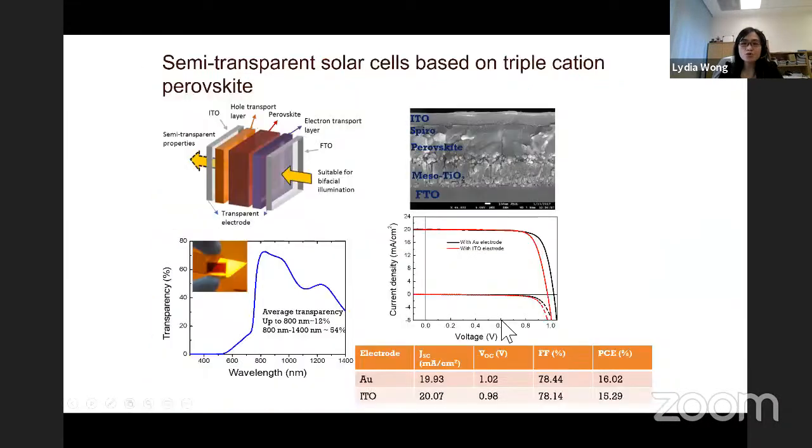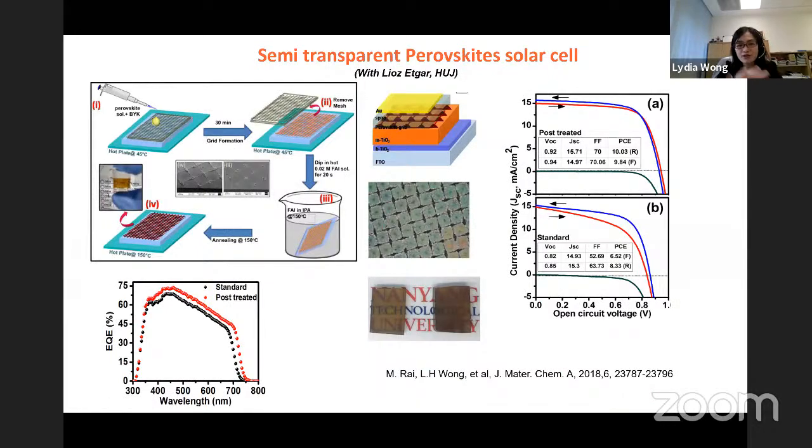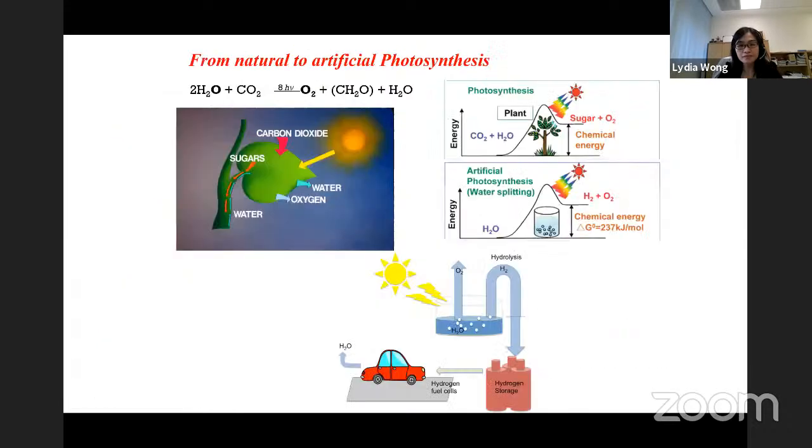Okay, so one example is a perovskite solar cell that we work on in the lab. We managed to make a semi-transparent solar cell with different types of imprinting technology. And the material that is good for solar cell can also be used to generate oxygen and hydrogen through an